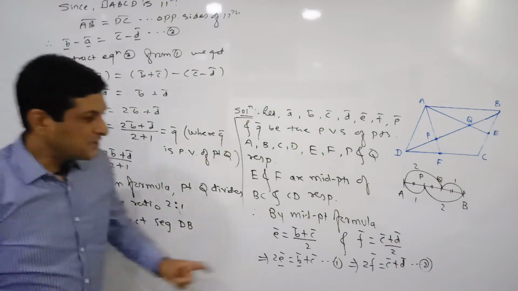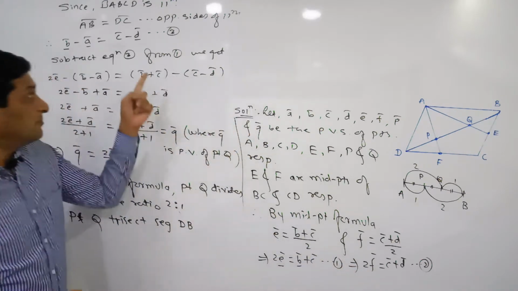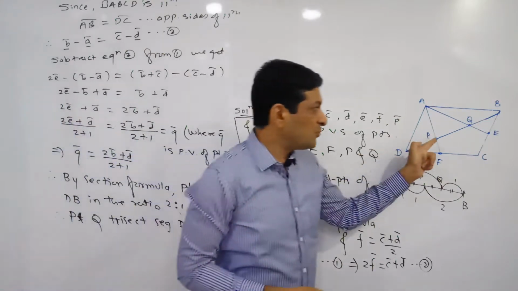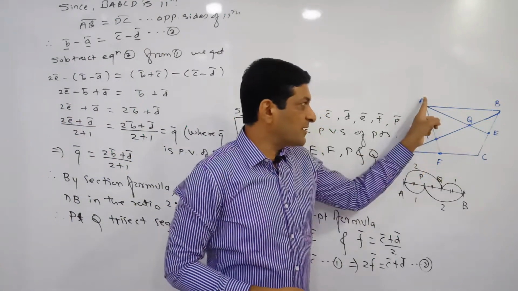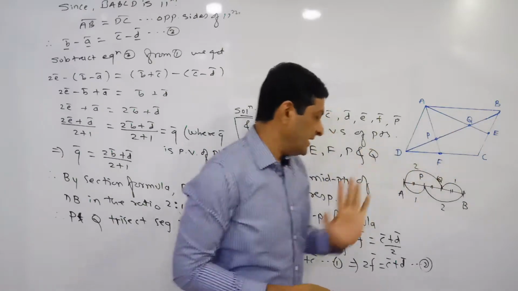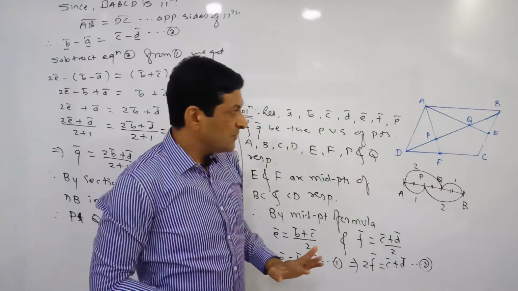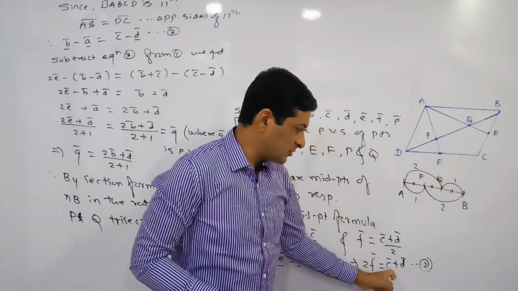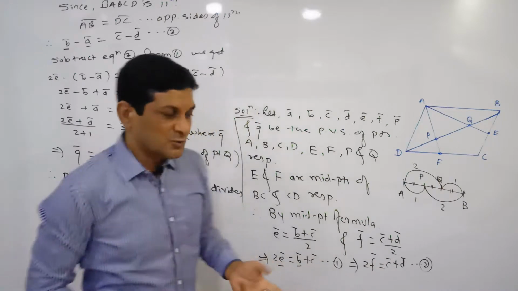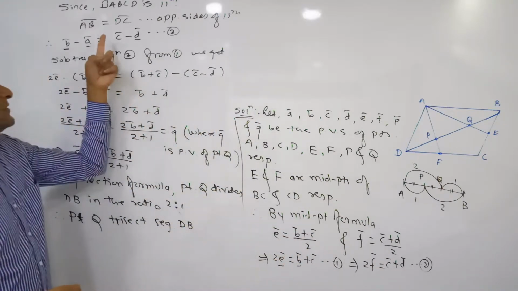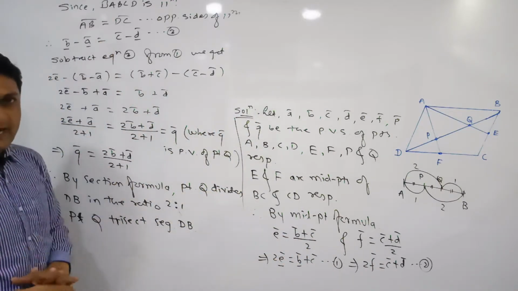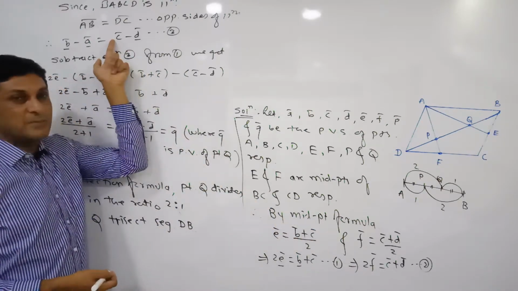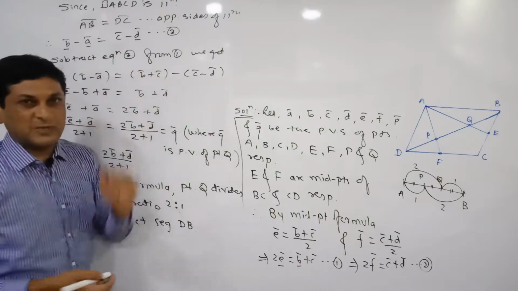Now we will solve equation number 2 and equation number 3. Observe these two equations. Now our example is related with point P, the point of intersection of AF and BD. So AF and BD means we will require A bar, F bar, B bar and D bar. Here also we do not require C bar. So we have to solve these two equations, second and third, in such a way that C gets cancelled. Here also the coefficient of C bar is +1, so definitely we have to take the subtraction.